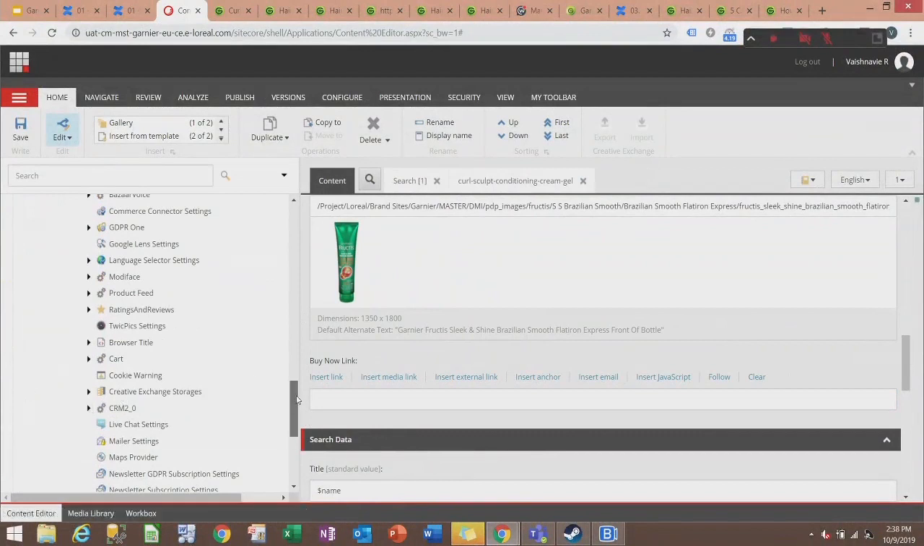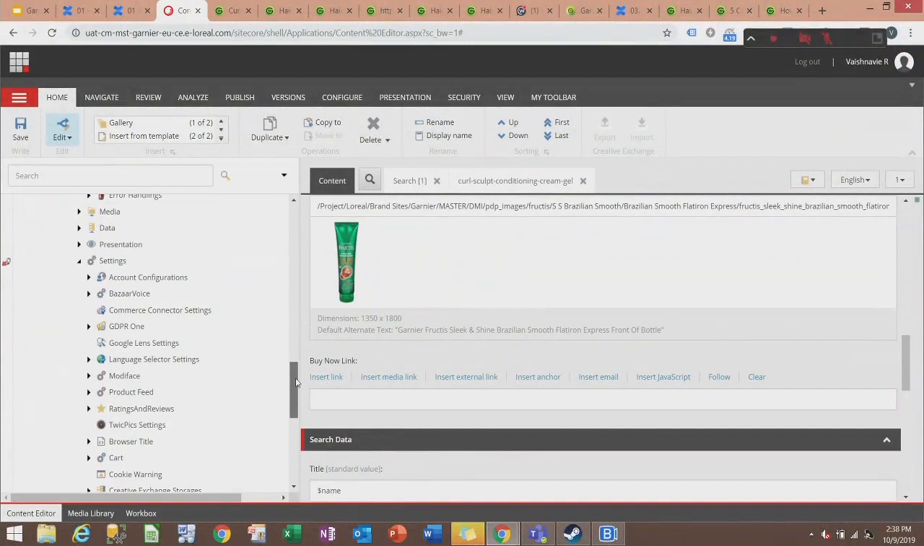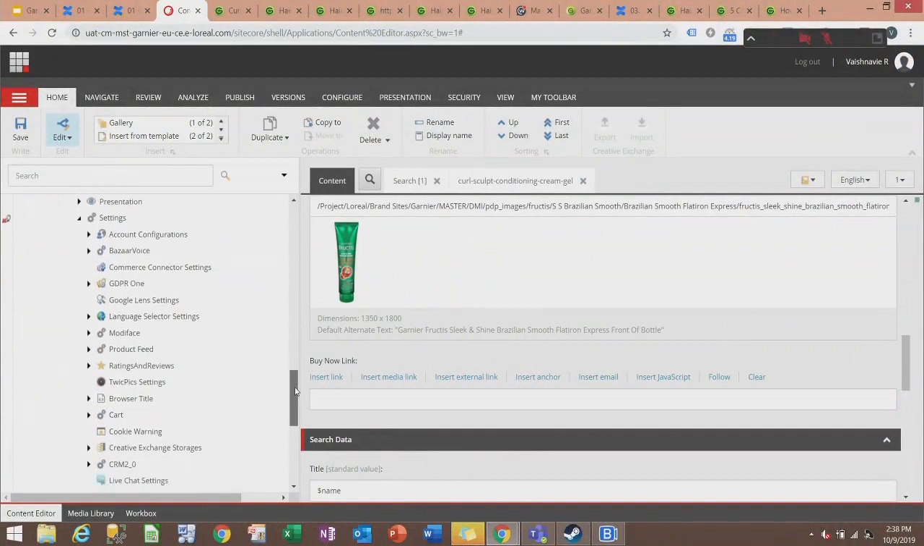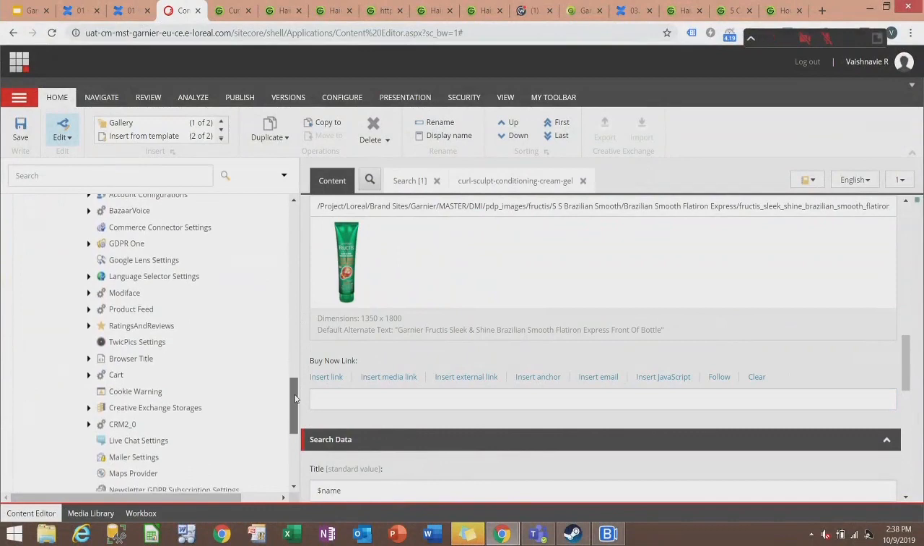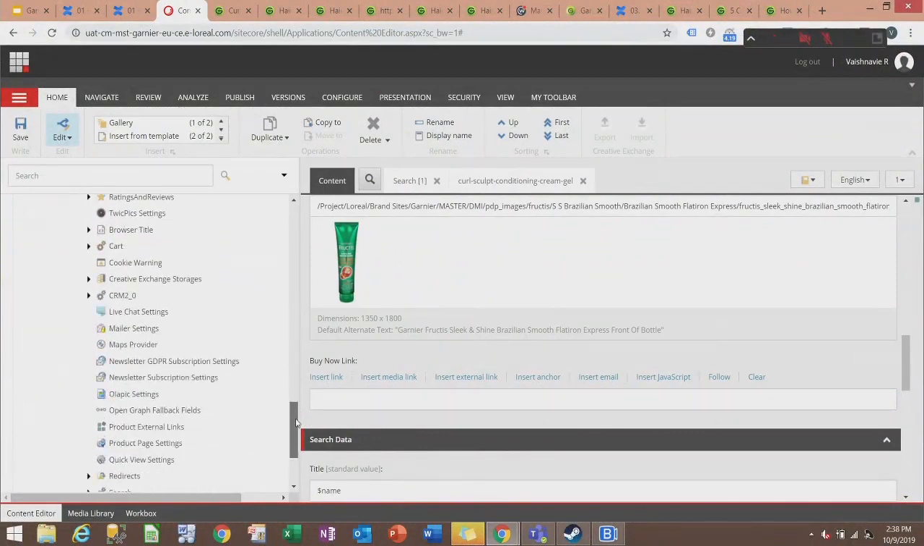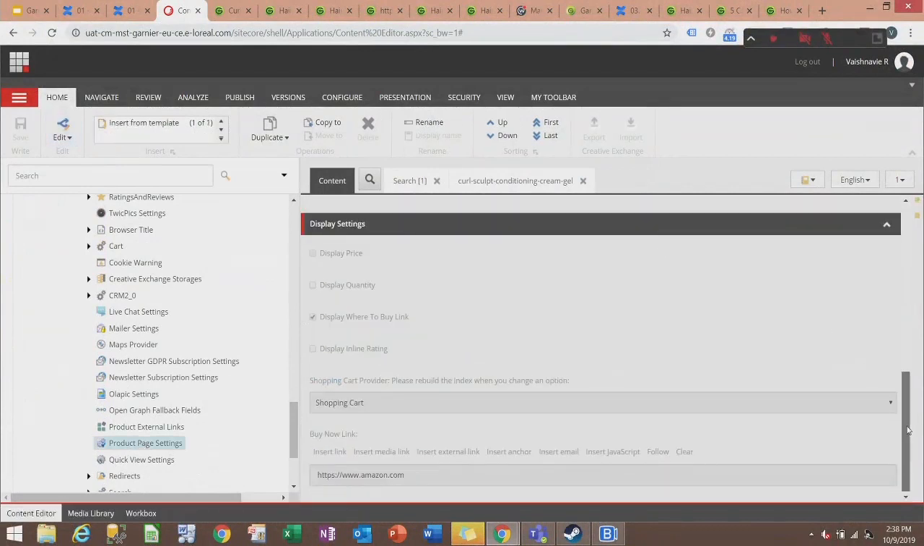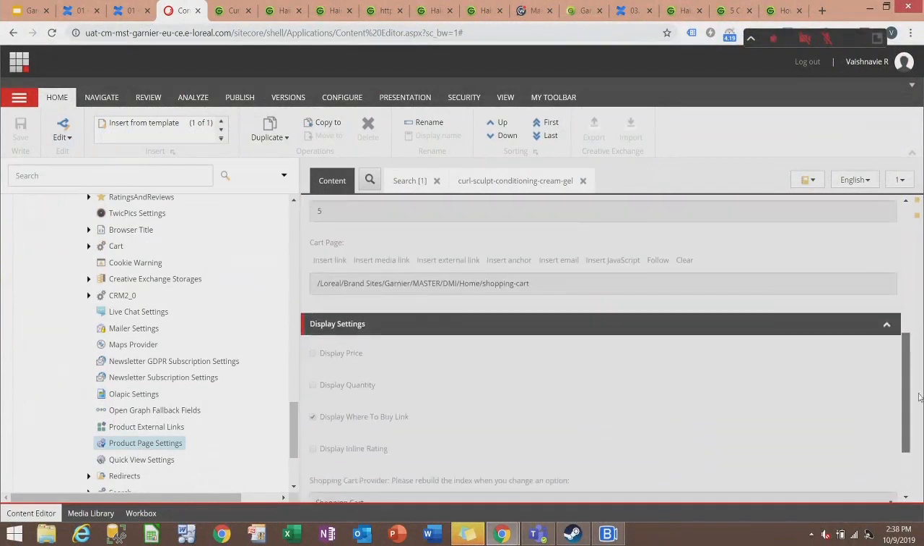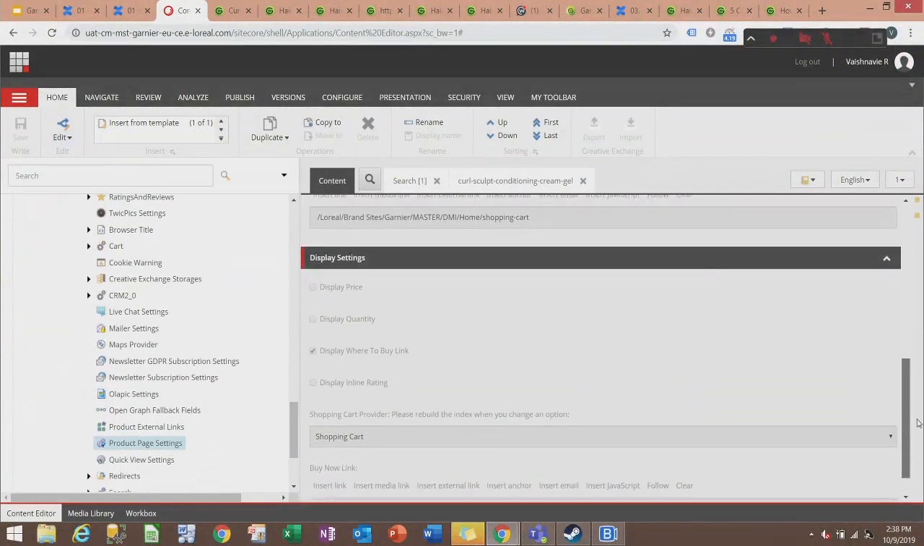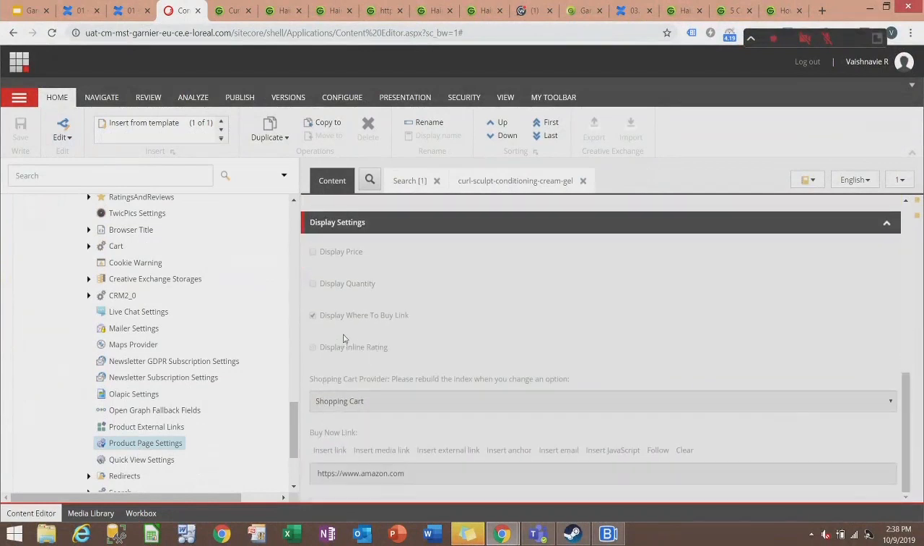While doing the localization phase, either Valtech or Photon must configure the necessary setting here under settings. You have something called product page setting. Under this product page setting is where we determine whether to display, first of all, the where to buy link or not. This checkbox needs to be ticked, and you need to choose